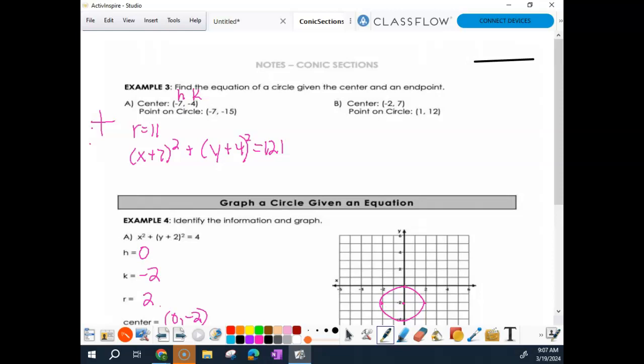Does everybody see that? This works if these match, you can just count. But do they match on the next one? They don't match. So you have to use your distance formula. And the distance formula from yesterday